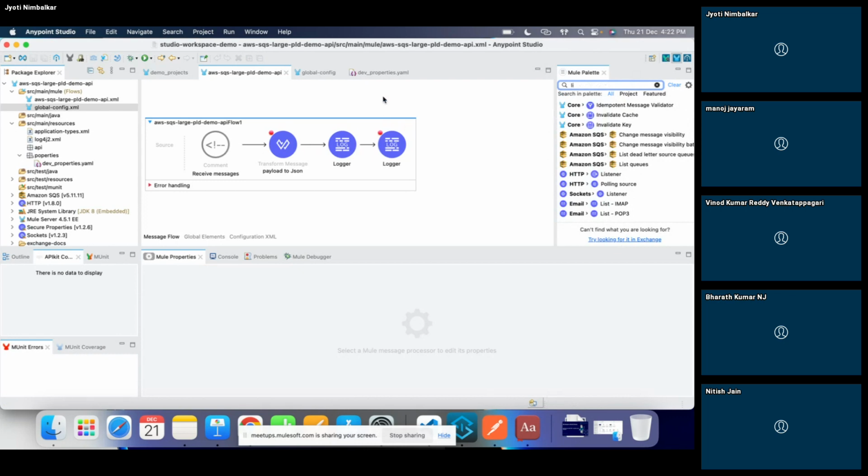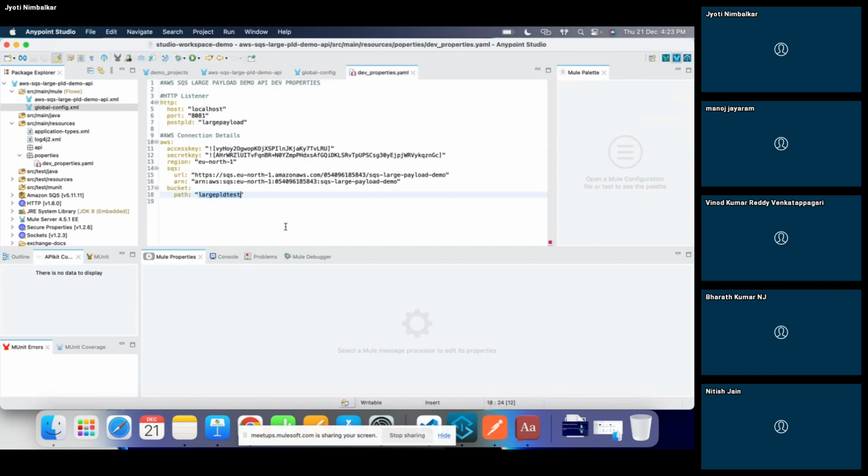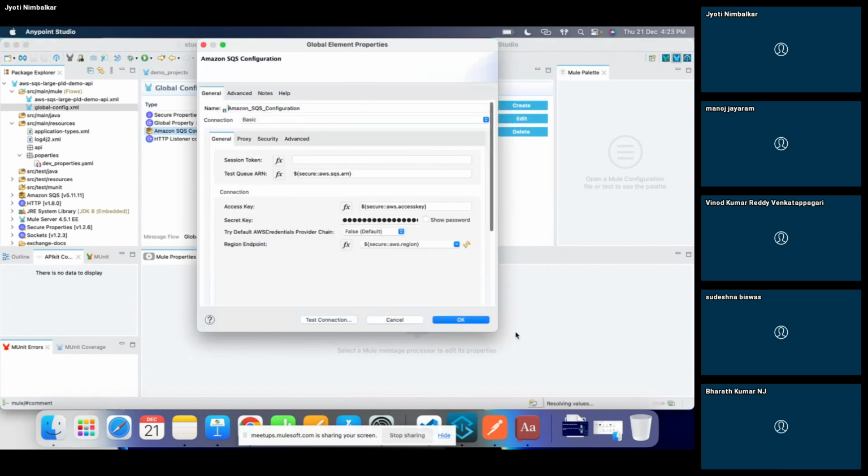Before that, I have already built all the configurations and added the properties over here. I have encrypted my access key and secret key, and I have added the region, SQS details, and bucket details. Now, in order to connect to SQS queues, I'll show you the configuration.